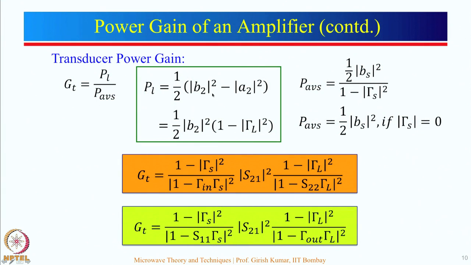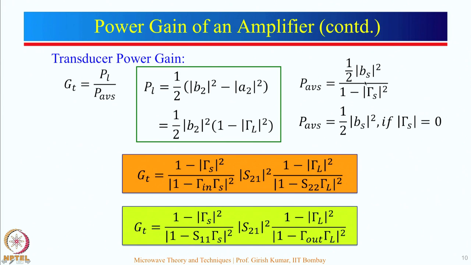So, hence P delivered to the load will be given by this expression here. We take B2 square outside, then this will be 1 and this will be A2 divided by B2. So, that will be gamma L. So, that is the expression for PL. Let us see how we can find out the expression for P available from the source, and that is equal to